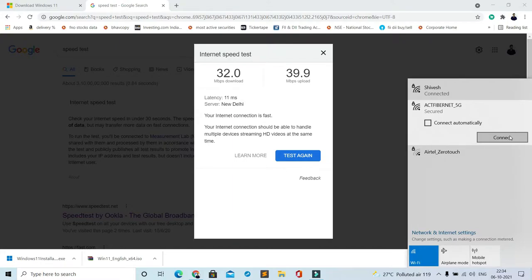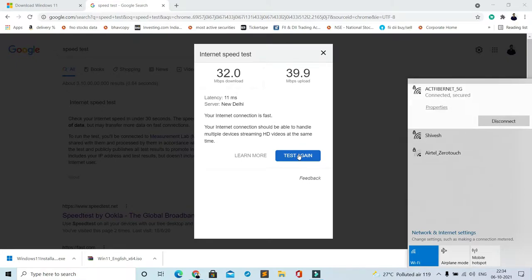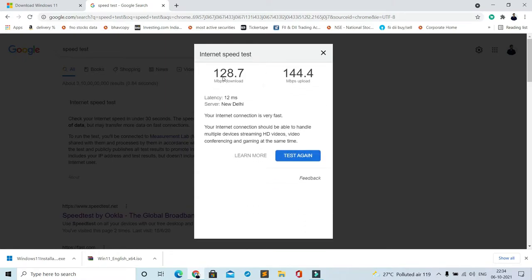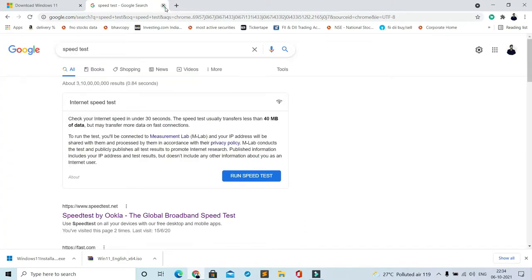Now I'm connecting to my 5 GHz band. Actually my system supports both bands. Now test again. It is quite fast. So download will take less time.